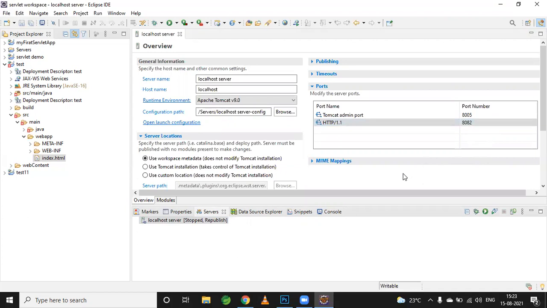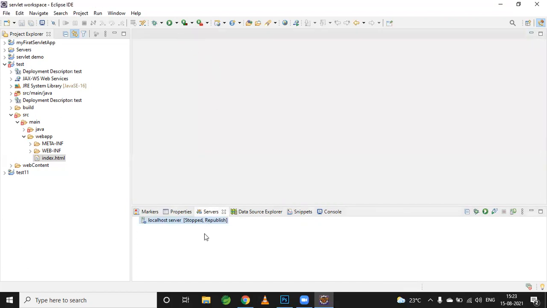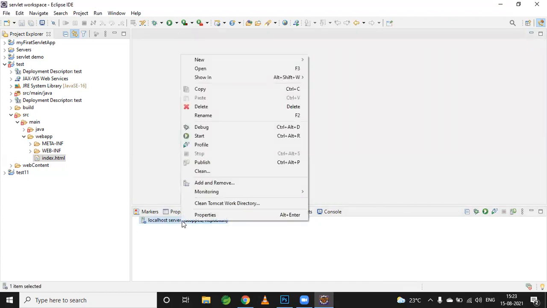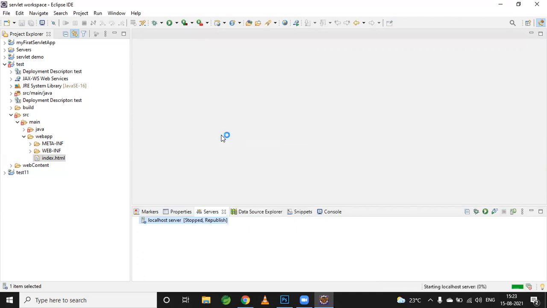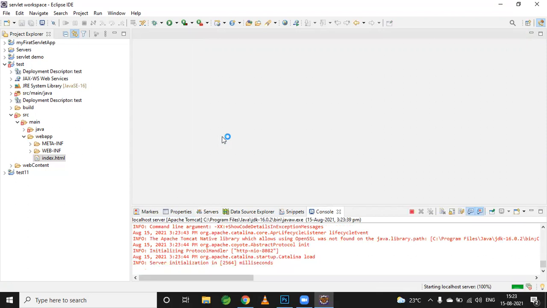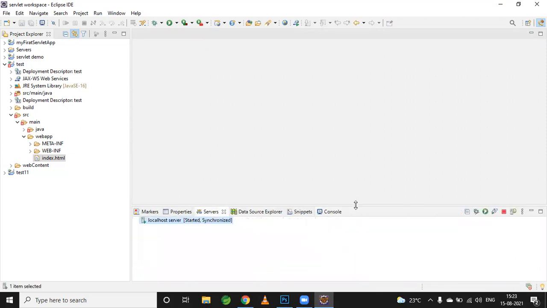After saving our changes, let's close this pop up and try to start our Tomcat in our local. How to start the Tomcat? I just right click on our Tomcat and click on the start button.